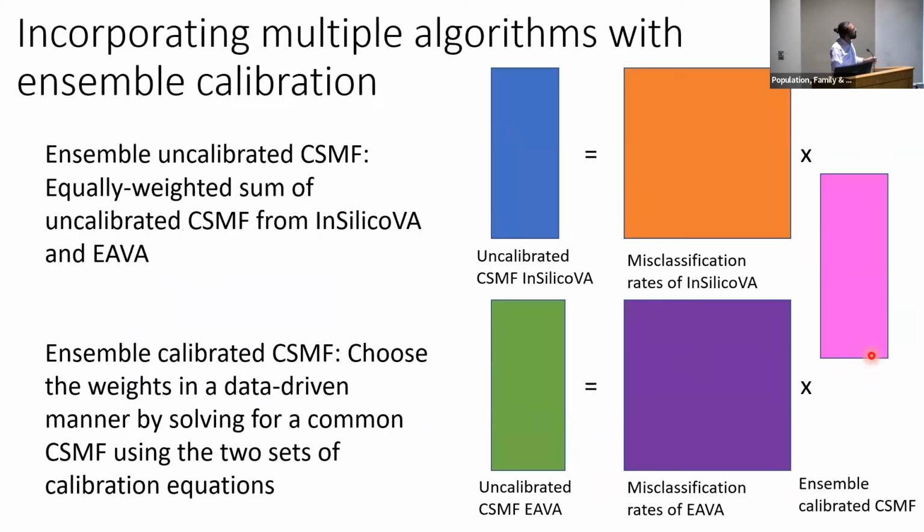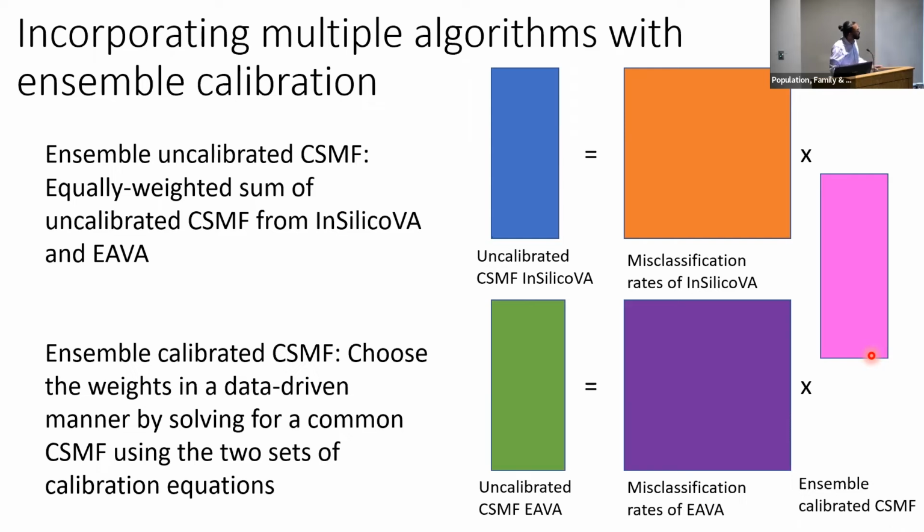So what we do in the ensemble calibration is that we still use the algorithm-specific error matrix. Like this is the InSilicoVA error matrix, there's the InSilicoVA raw CSMF, this is the EAVA error matrix, there's the EAVA raw CSMF, but we connect them to the same true CSMF as our unknown in the law of total probability. So we don't solve for two different estimates, but we say we have two pieces of data that are both informing about the same underlying quantity. And so we use all of the data to solve for a common estimate,